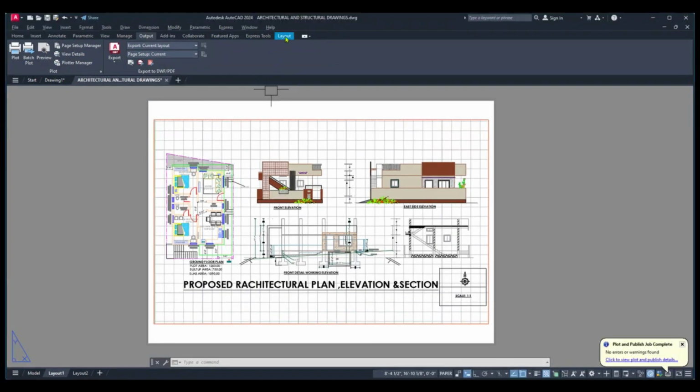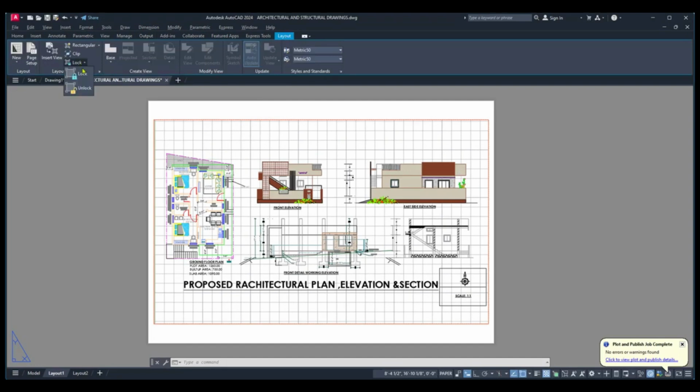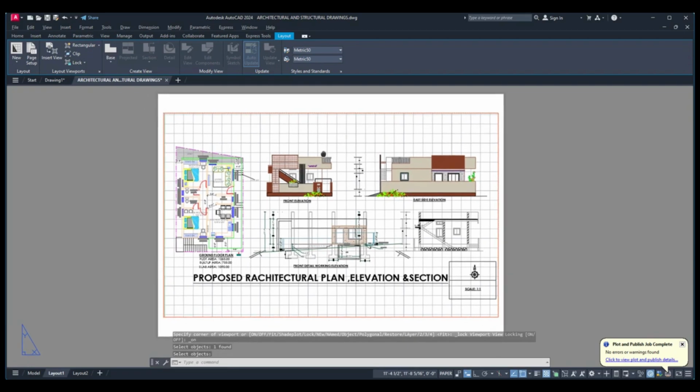Once the content is set, go to the layout option and take the lock option and then select the boundary of the layout and enter. So once you're done, if you want to take a print,